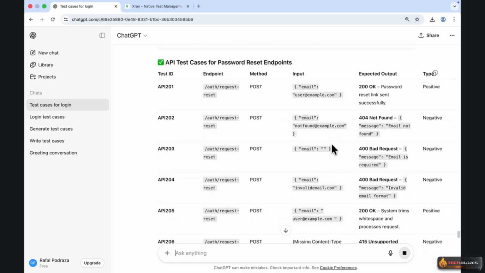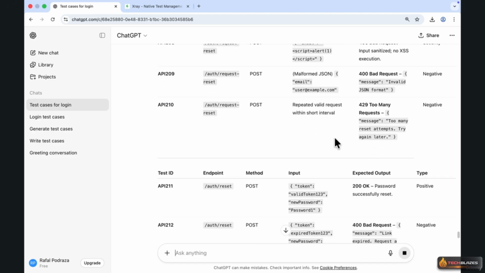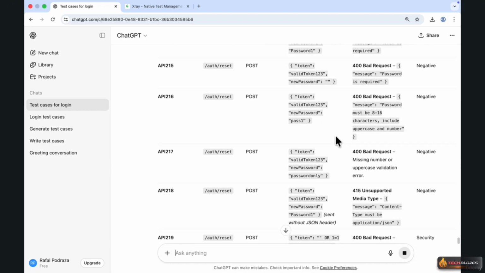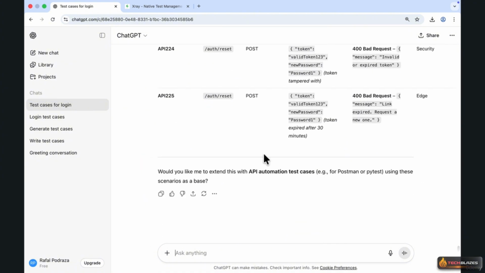I also defined the output format clearly. I want a table that contains the test ID, endpoint, method, input, expected output, and type, whether it's a positive, negative, or security test. With this approach, we'll get a full set of test cases covering the entire password reset process, from sending the reset email, to handling invalid or expired tokens, to rejecting weak passwords that don't meet the